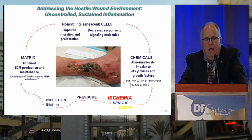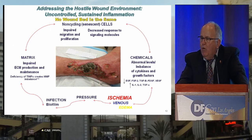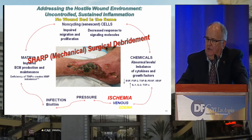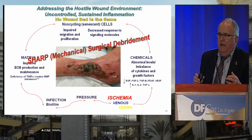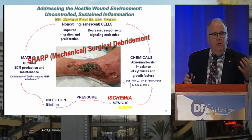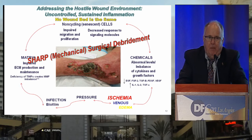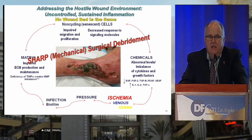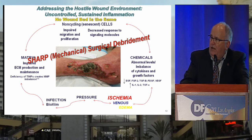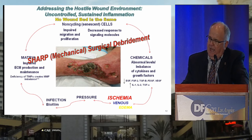So we're asked this all the time: control infection. That means debridement, debridement, debridement. No wound is the same. That's the other important thing. So sharp debridement, and then you get your tests immediately, within the next 24 hours. If you're doubtful about whether ischemia is complicating that wound, we'll get the basic non-invasive tests. We won't get a lot of the advanced tests. You have to remember, if the patient's in the hospital, everything that you do goes on the DRG bill. So whatever you can do, you want to try to keep it as an outpatient